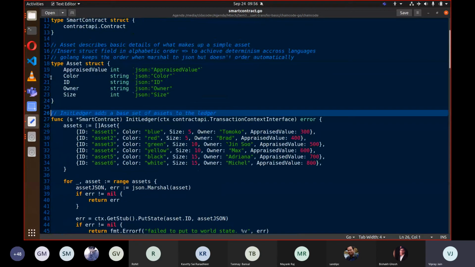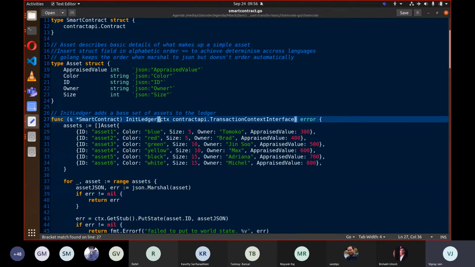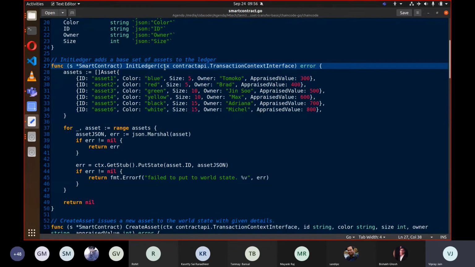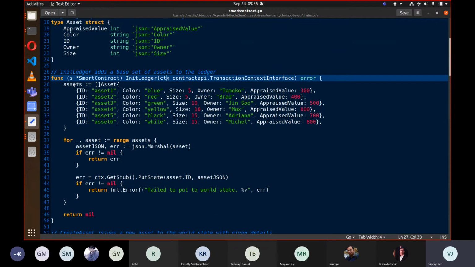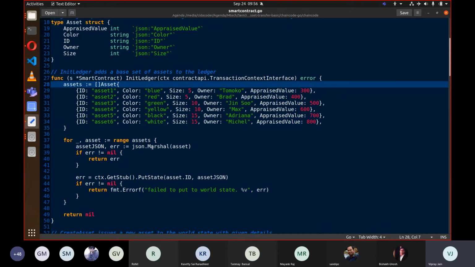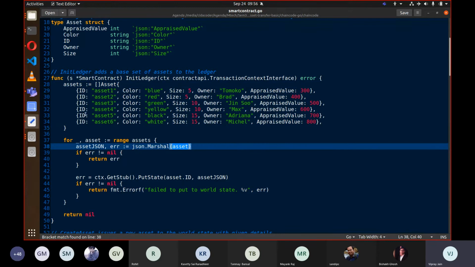So this function will be used for the demonstration. What it does, it takes an argument of the contract API transaction context interface. This CTX will be used to access the ledger. So what we do, we will make a variable and assign some values in that, and we create an array of type asset. Then we will marshal this asset so that this object will become a JSON object.